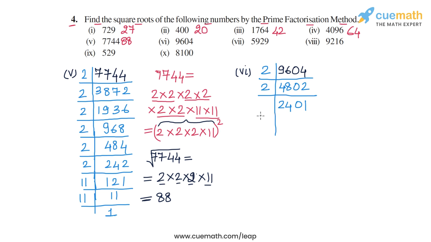Now what do we divide this by? So this is not divisible by 2. It is not divisible by 3 also, because the sum of digits is not divisible by 3. It is not divisible by 5, but if you check, it is divisible by 7. So if you divide this number by 7, you will get